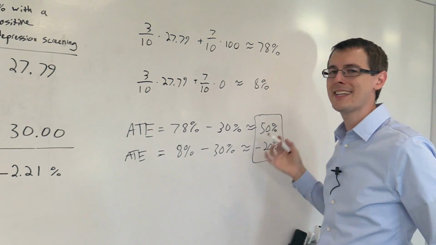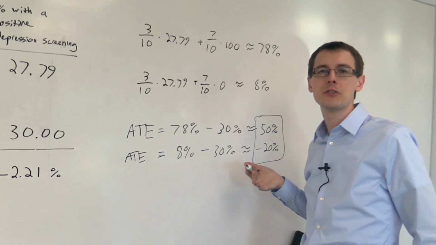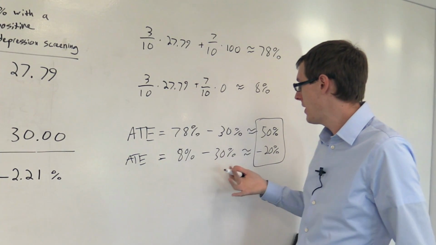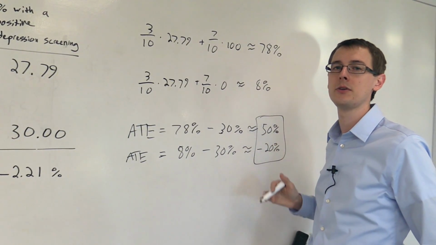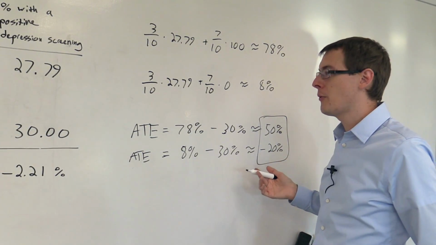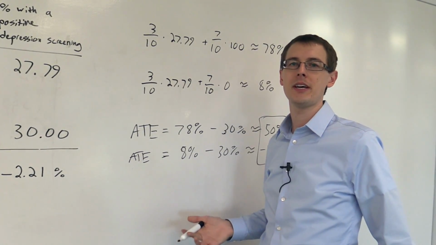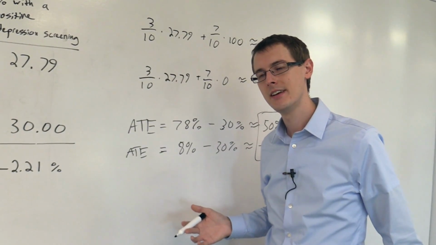So we can't tell, is the average treatment effect 0 or not? We don't know because the bound includes 0. Is it positive? Is it negative? We have no idea because the bound includes numbers that are positive and it includes numbers that are negative. So even though we had a really nice randomized experiment, it wasn't perfect because there was so much noncompliance. And so that's a big constraint on our analysis.